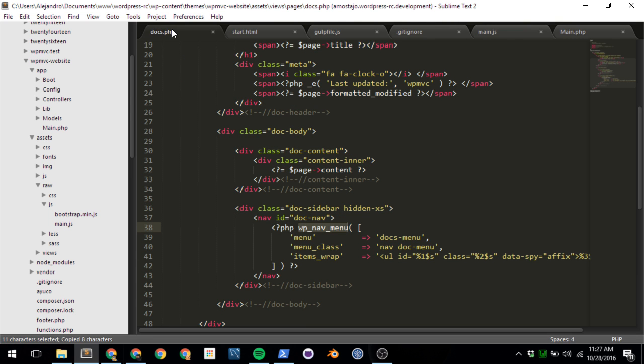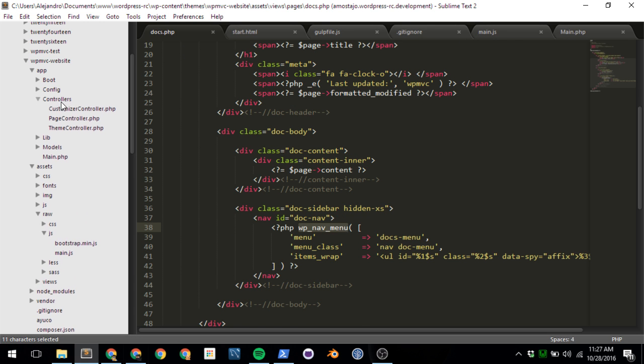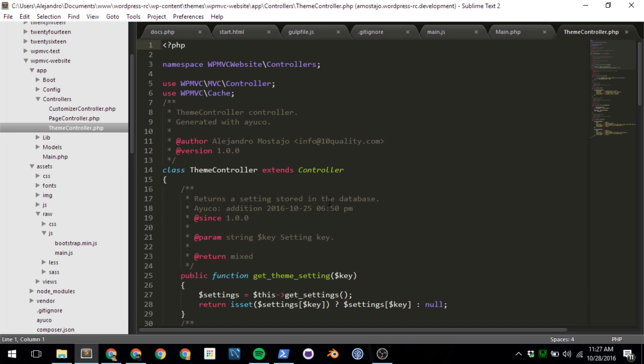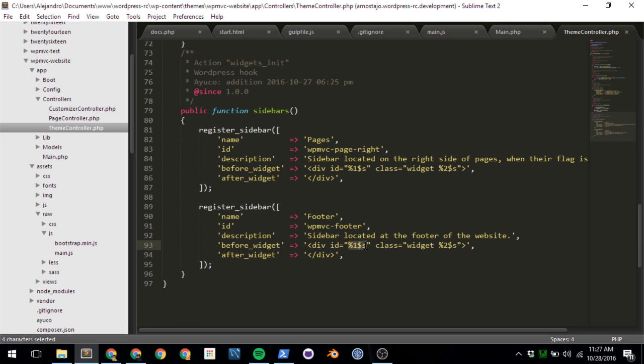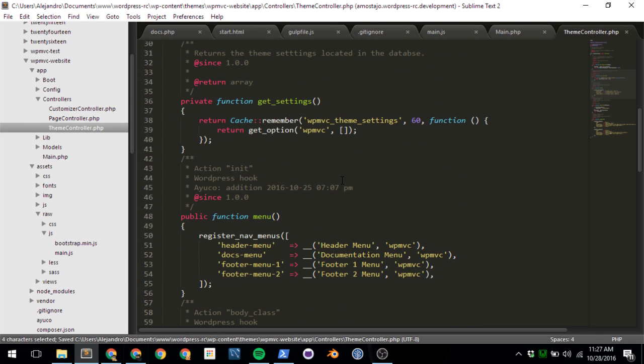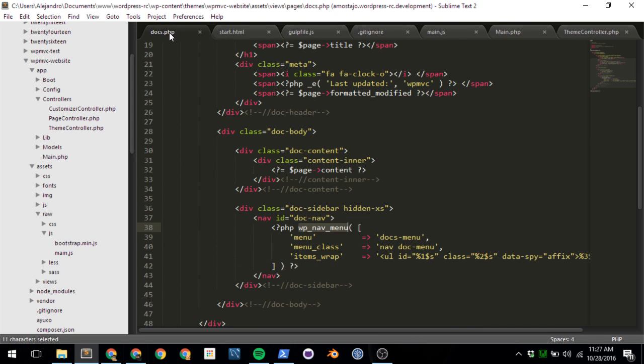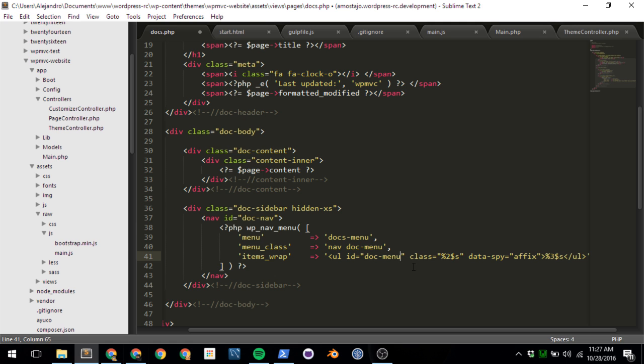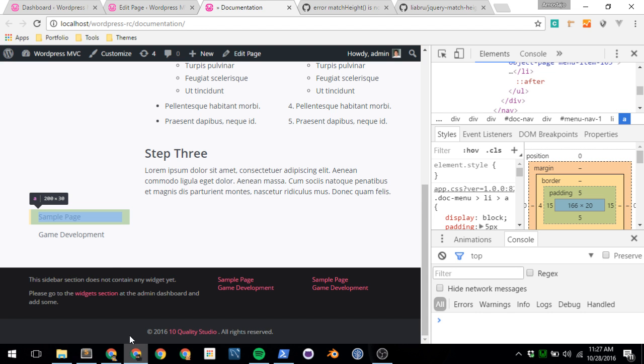So what we need to do is on our theme controller here, instead of letting WordPress define the ID, we're going to burn it with doc menu. Oh, sorry, this is not the one. It's on theme controller menu. No, sorry, it's not here. Here, where we define the items wrap, instead of letting WordPress set the ID, we're going to define it as doc menu. So now when we refresh this,